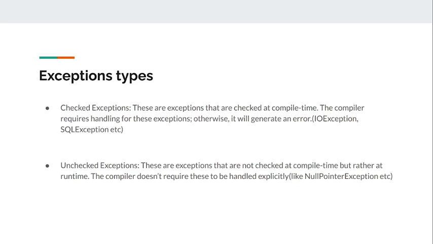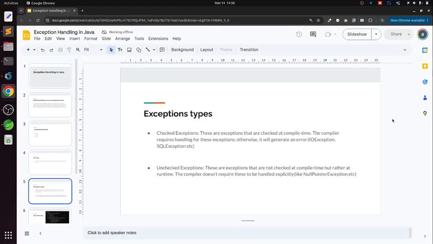The second type of exceptions are unchecked exceptions. These are the exceptions that the compiler does not check at compile time. So divide by 0: if we had not surrounded that code with try catch, it was still compiling, and it throws an error at runtime, but not at compile time. This is the difference between checked exceptions and unchecked exceptions. Moving forward,